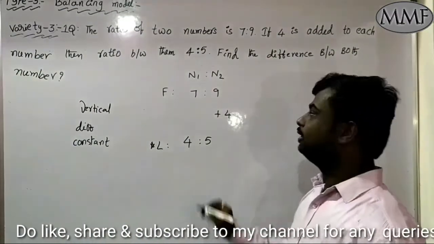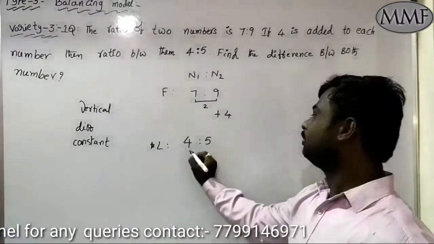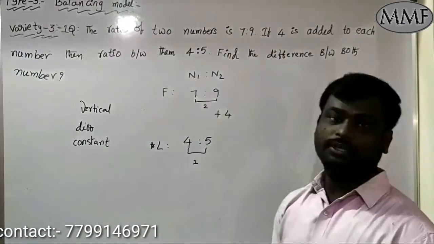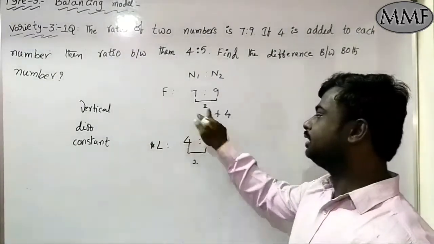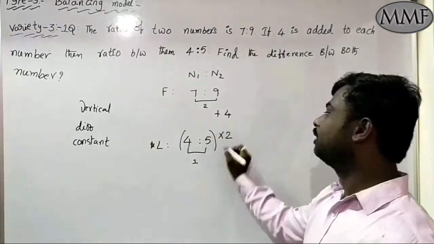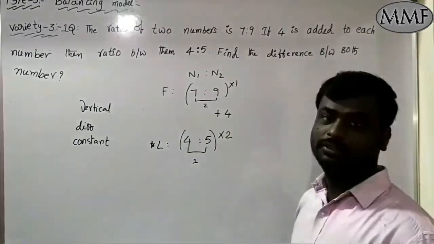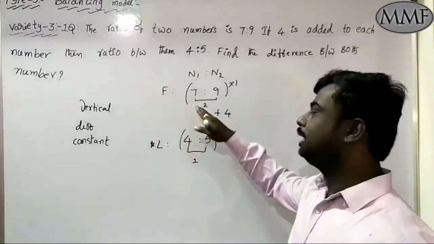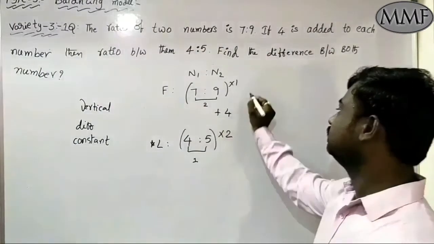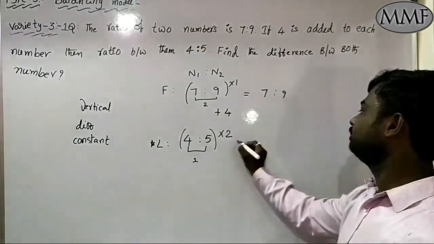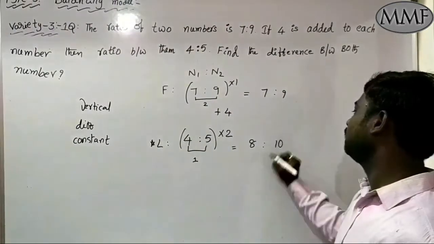Like that. Now let's see what is the gap you are having. Horizontal gap, it is 2. But what is the horizontal gap you are having here? It is 1. If you want to get balance, multiply this difference with this ratio. Clear? If you want to make them balance, multiply the first difference with the second ratio and multiply the second gap with the first ratio. Then the numbers will become 7:9 and 4 2s are 8, 5 2s are 10.